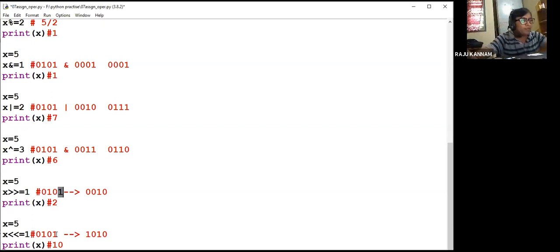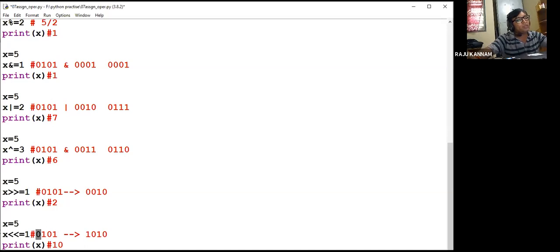So every bit will be shifted to the left. This will come to the third position, this will come to the second position, this will come to the fourth position, and this will be dropped, and a 0 will be added at the end. So this bit will be lost, and to make 4 bits, the last 0 will be added here: 1 0 1 0.